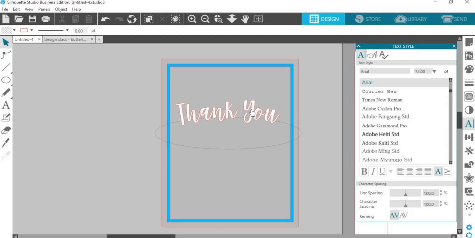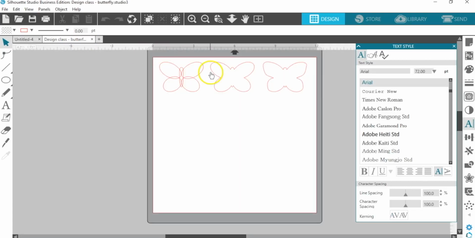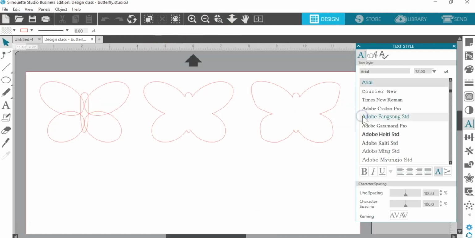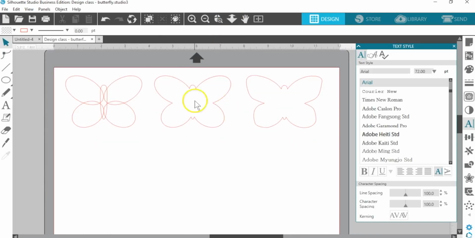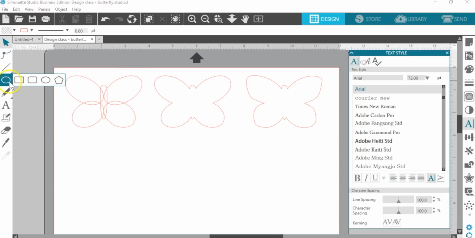You can find hundreds of butterflies in the Silhouette Design Store, and you may already have some in your library. But I said we'd be making this card from scratch, so we can create our own butterflies with the design tools available in Silhouette Studio. Go ahead and open a new document by clicking the little plus icon. I've already created some butterflies, and I'm going to use these as my examples as I create some new ones. I've got these in stages so we can see how they're supposed to look.